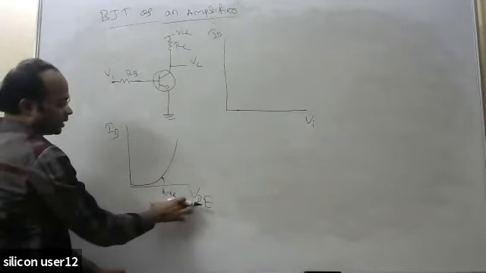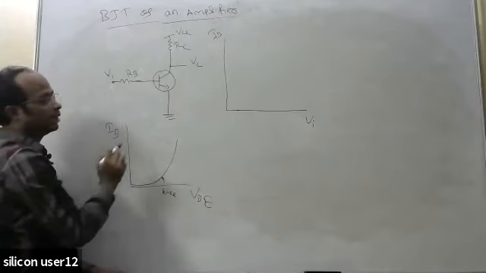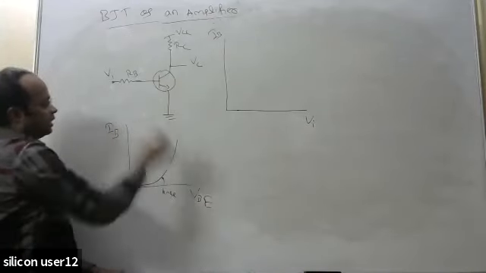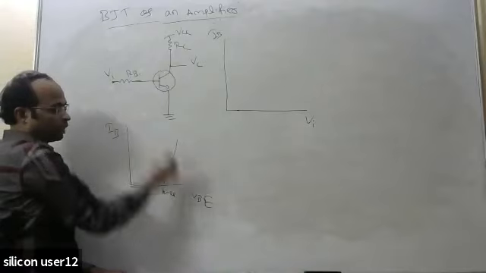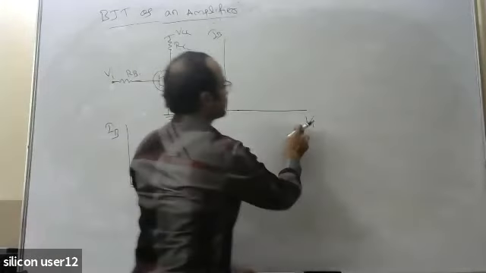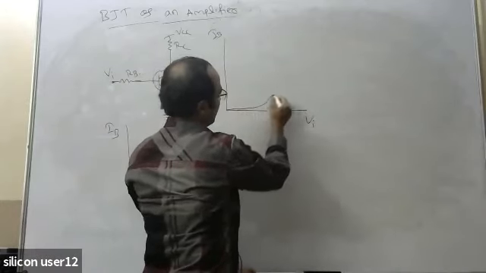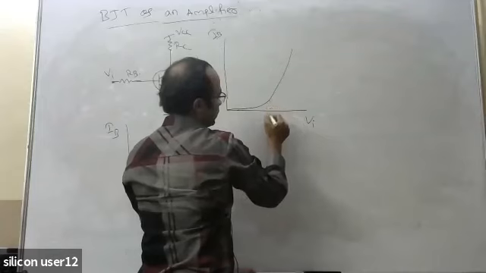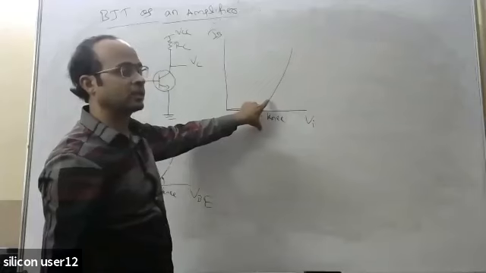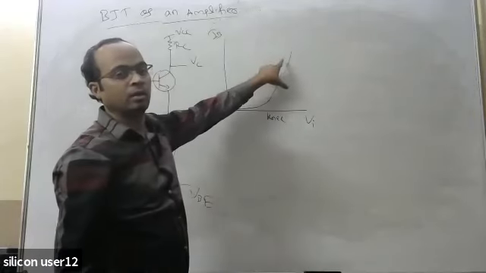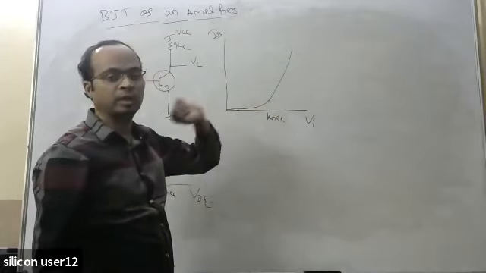With respect to change in the VBE, when VBE increases more than the knee voltage, the current starts to increase rapidly. That VBE changes with respect to VI. Obviously, if VI changes, the VBE also changes. So here I am drawing the same curve with respect to VI. Let us say this is the knee point. After this knee point, the current is starting to increase rapidly. So your base current is increasing once the VI is more than this knee voltage.